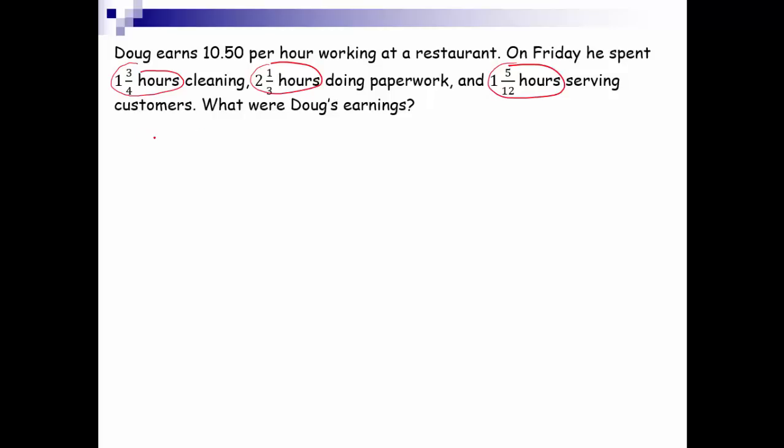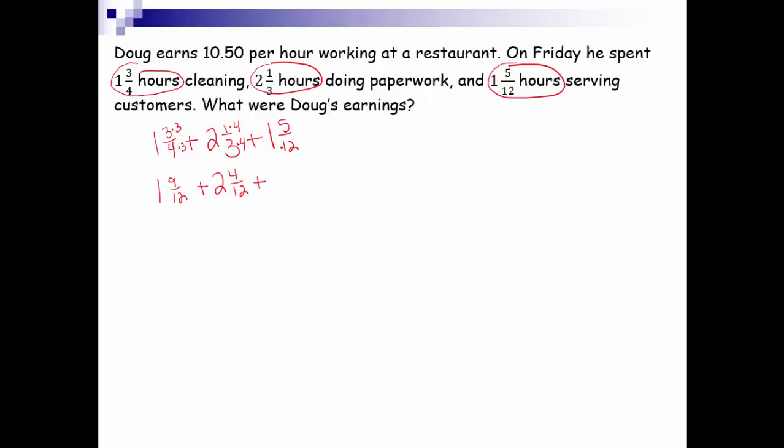So we're just going to add up 1 3/4, 2 1/3, and 1 5/12. We'll need to find a common denominator. Here with the 4, the 3, and the 12, the common denominator would be 12. So we'll multiply 4 by 3, which means we have to multiply 3 by 3. Here we'll multiply 3 by 4, which means we have to multiply 1 by 4. So let's take a look at our first mixed number. That's 1 9/12 plus 2